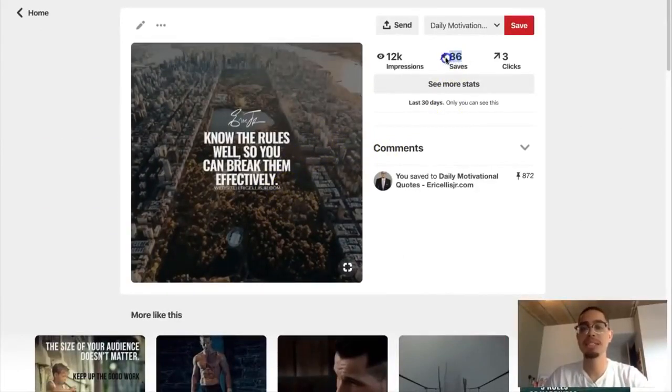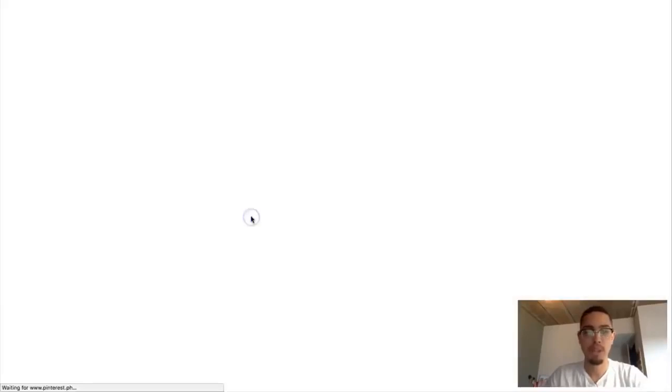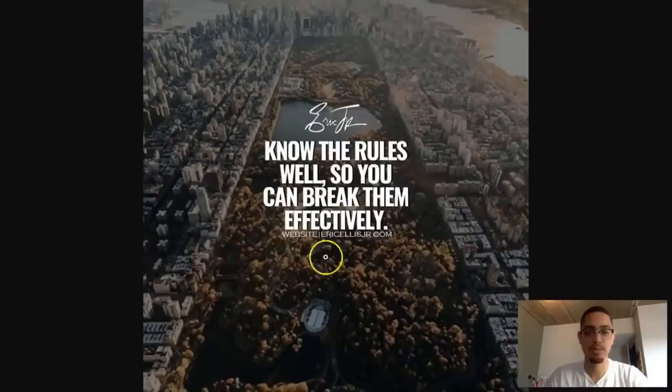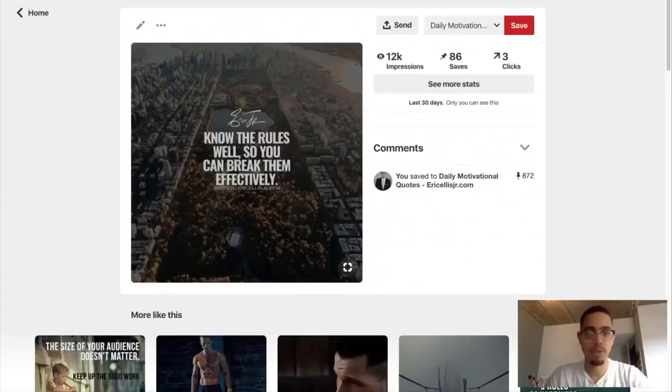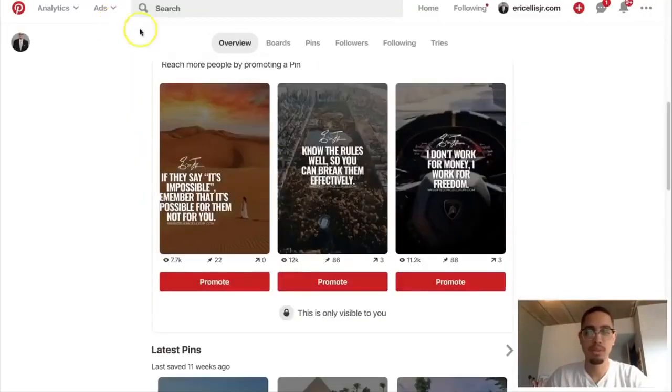And what that means, they literally saved it to their board, which is literally one might have 1,000 followers, one might have 10,000 followers, whatever. However many followers they have, basically these 86 saves gave me 12,000 free impressions. And guys, this is free traffic to where you're going to be able to promote these offers. And what's going to happen is, if I click the actual link here, I didn't do that correctly, but what I would do is, once I actually post this picture, as stated before, when we go to